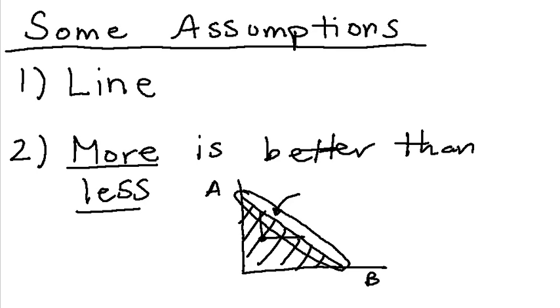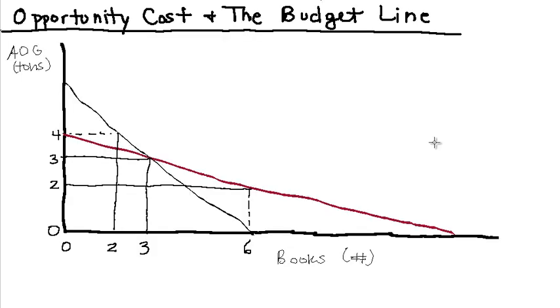So if I have a choice between an apple and an orange, and I choose to have an apple, my opportunity cost is the orange. So now we have two budget lines, a black budget line and a purple budget line. So suppose I am faced with the black budget line,